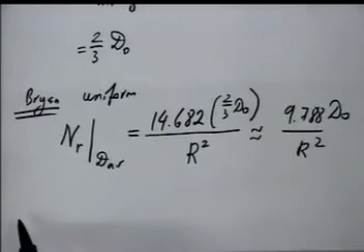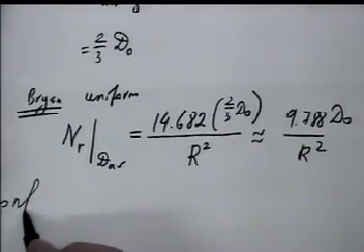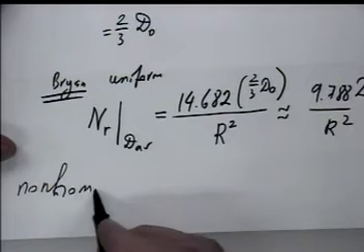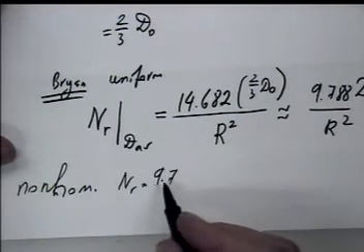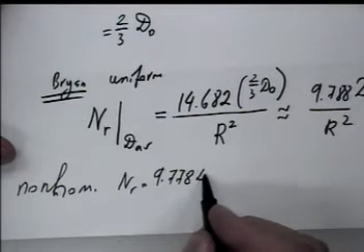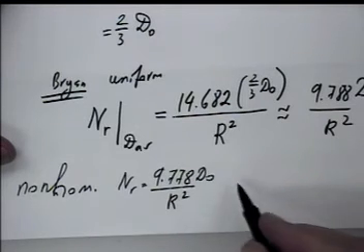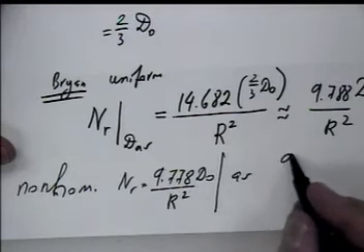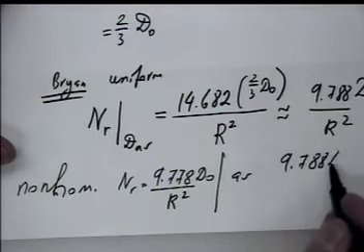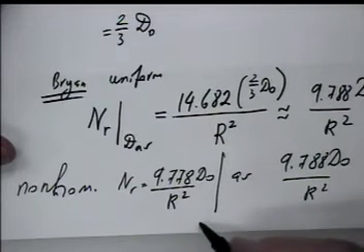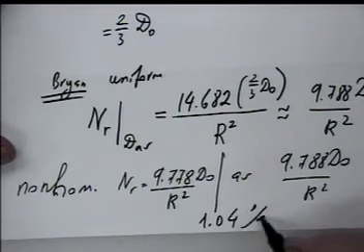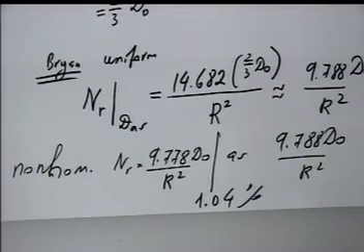So we had non-homogeneous, with N_R equals 9778 D0 R squared. The average has 9788 D0 R squared. Okay, the difference is 1.04%. So this average behavior,